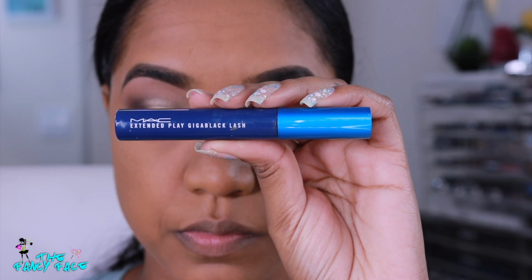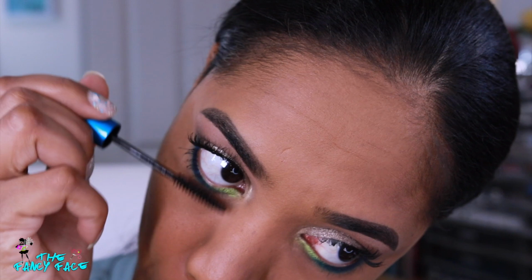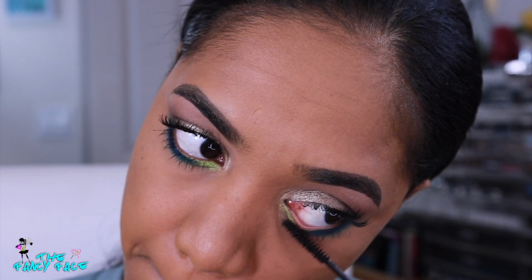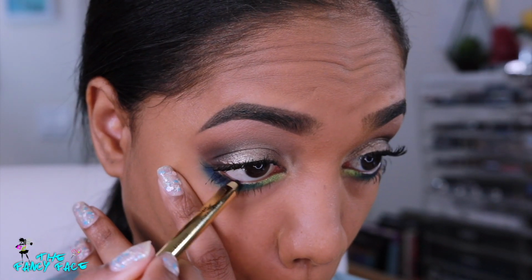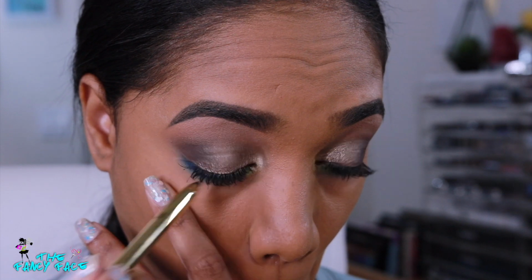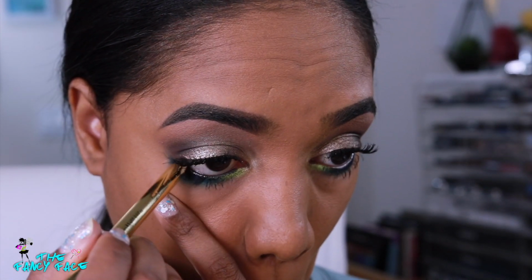Now I'm going in with my lower lash mascara. This is my MAC Extended Play Giga Black Mascara, and I'm just applying that to the lower lashes to make sure they stand out against that bold color on the lower lash line area. Then I'll go in with my lower waterline liner. This is a black eyeliner from Pretty Vulgar that I'm testing out. Any black eyeliner will do, but I want to make sure that I create a smoky lower waterline against those